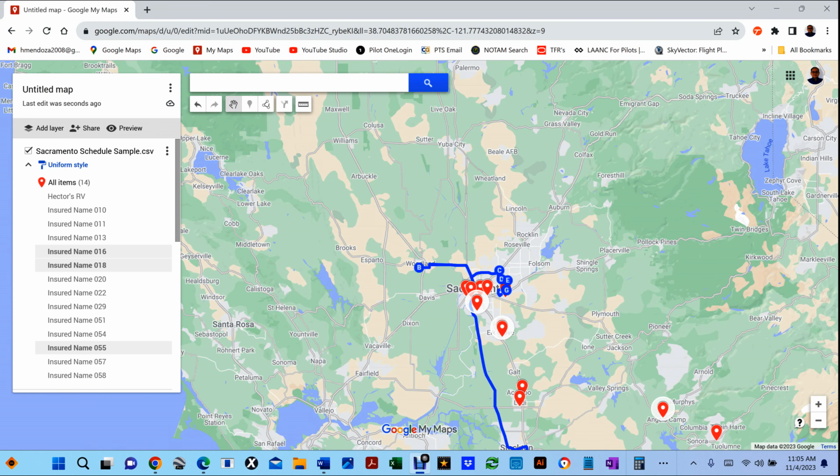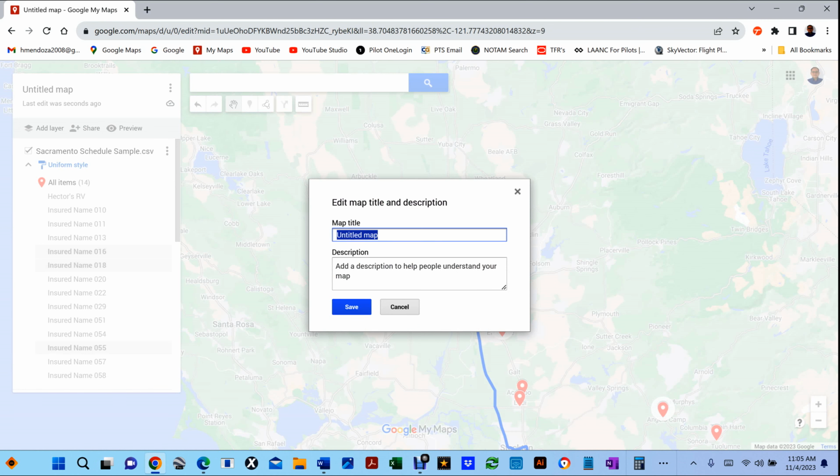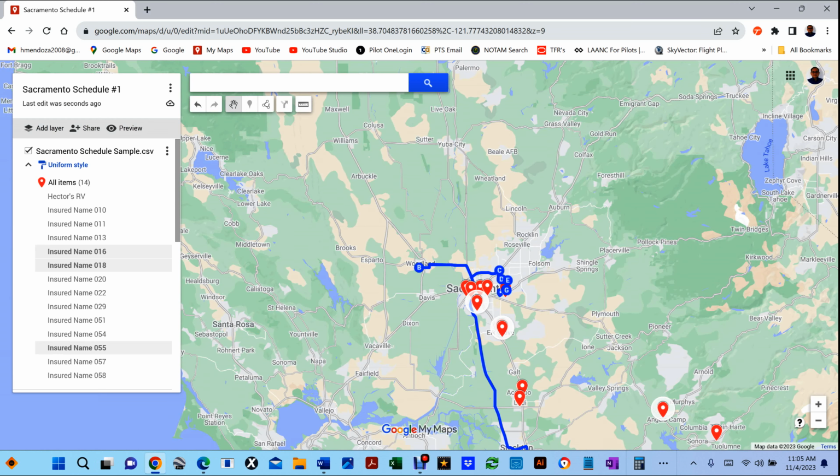All right, so now this is what I'm going to do. You see right here where it says untitled map? I'm going to double click here. I'm going to call this map Sacramento schedule number 1, save. Okay, now what I'm going to do is, since I've reached the limit on this one here,